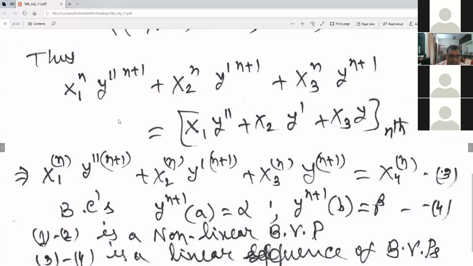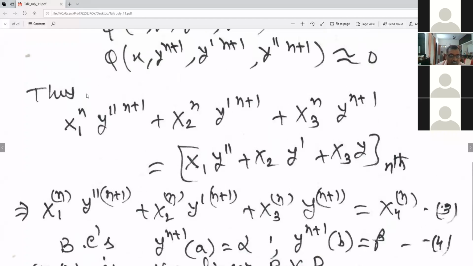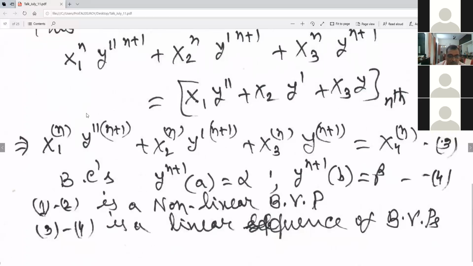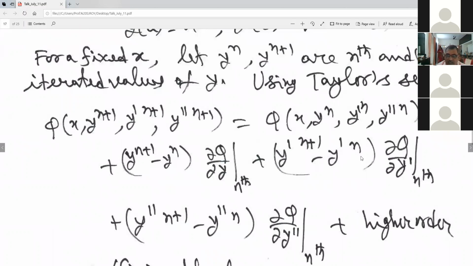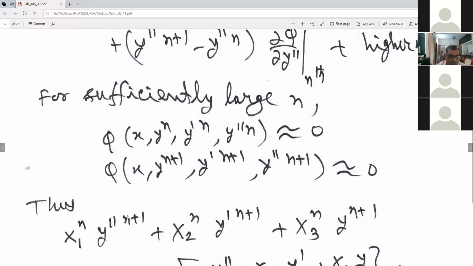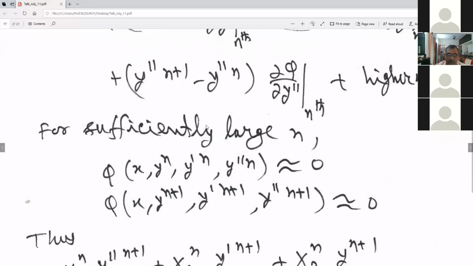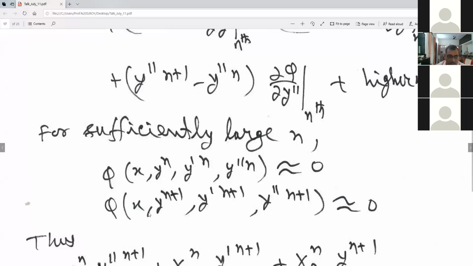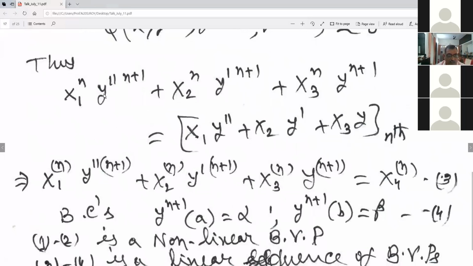equations. Why is it a sequence? Because your coefficient is not fixed. The nth iteration value is x1n, exactly I have not written. So x1n should be this one. This coefficient is x1n, ∂φ/∂y''. Wherever you see this coefficient, it is this one. So x1 will be related with y''. So ∂φ/∂y'' will be a function of x, y, y', and y'' can